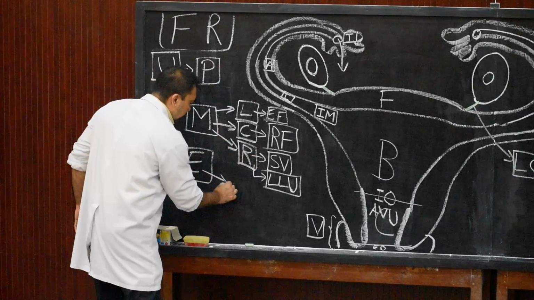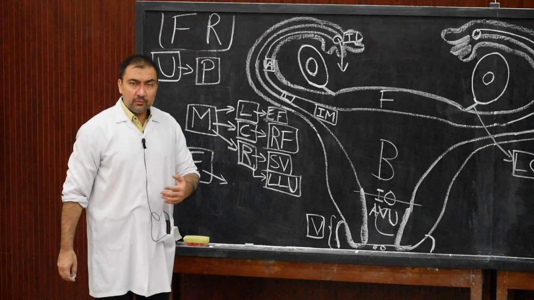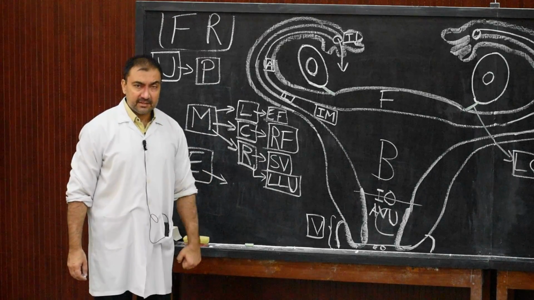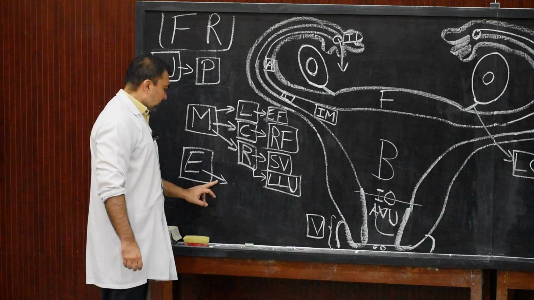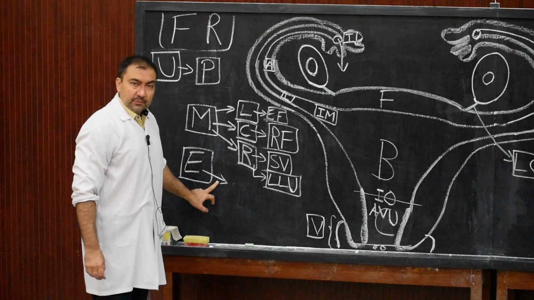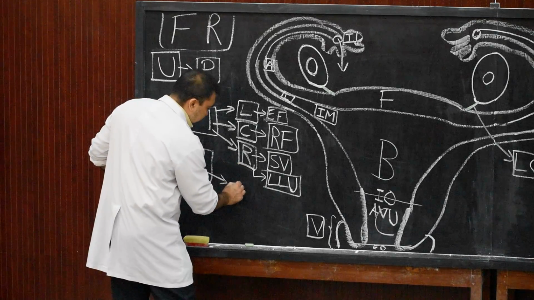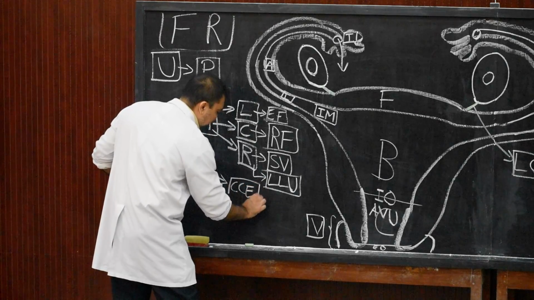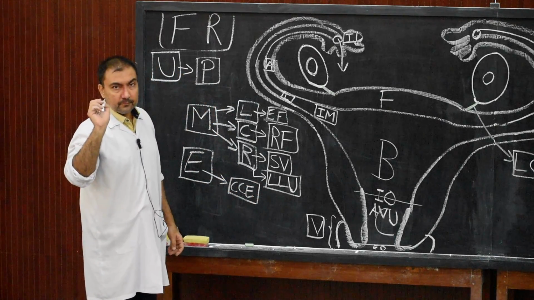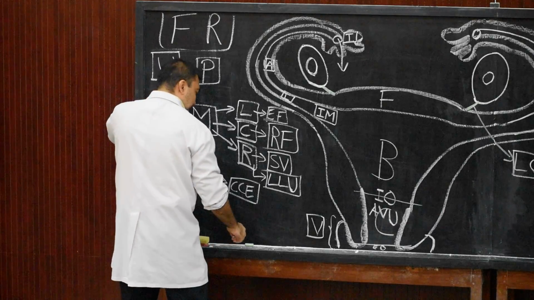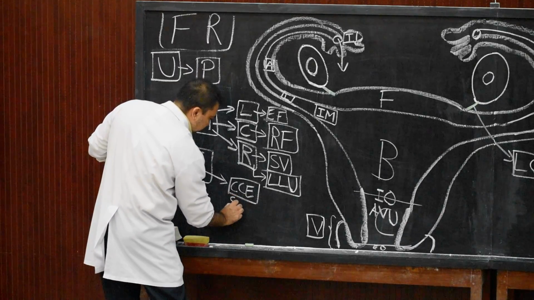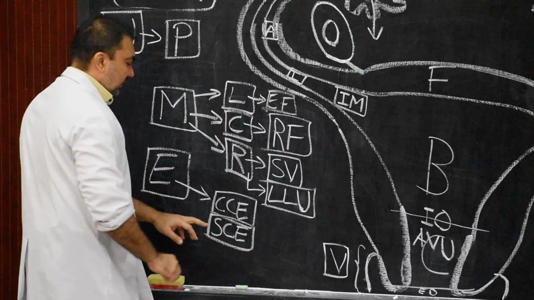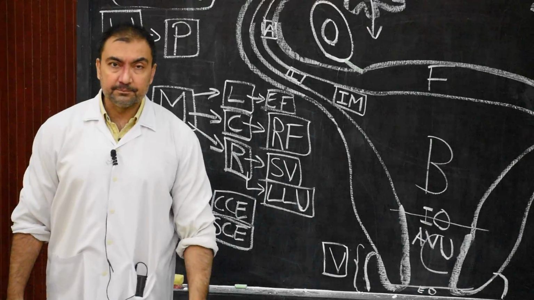Now we come to the endometrium. The endometrial lining, the mucosal lining, is often asked in MCQ. The mucosal lining of the uterus consists of ciliated columnar epithelium till the age of puberty only. After puberty it will become simple columnar epithelium. So please note down, after puberty it will be simple columnar epithelium.